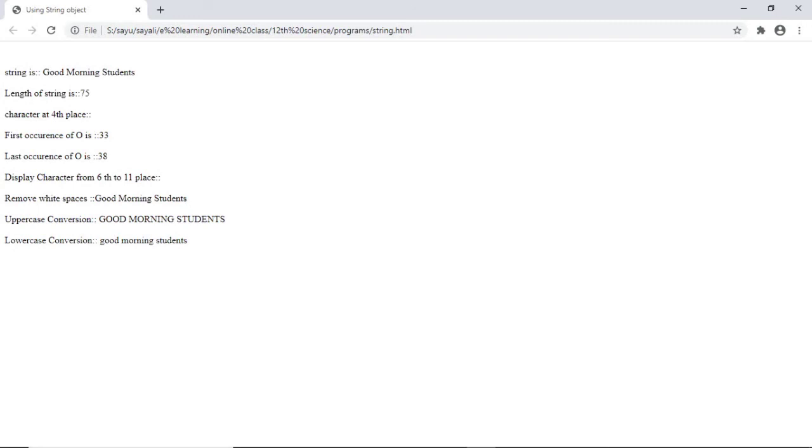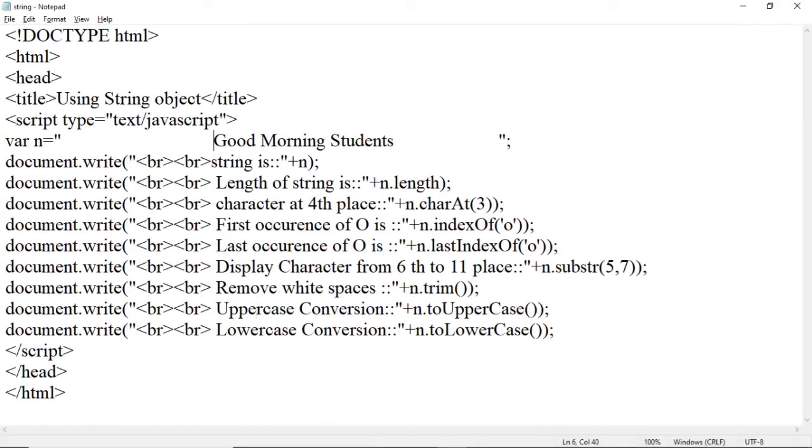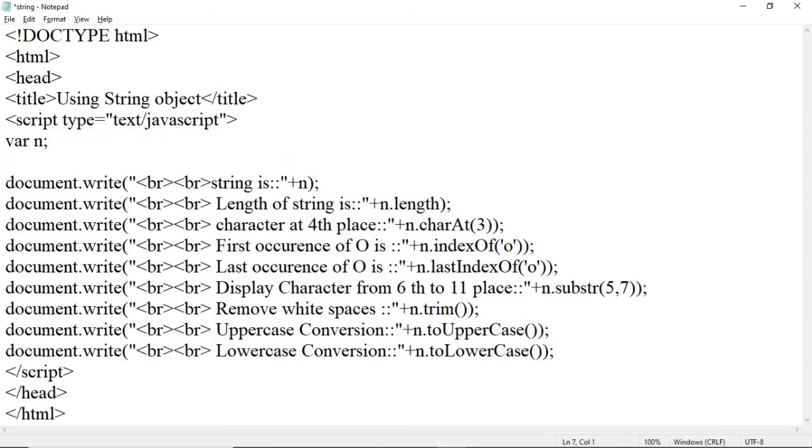Here within the program we have stored a string in some variable, but if you want to have a string from the user, you can also do so. How? For that, the string is to be accepted from the user. So I'm going to delete this code. After that, to accept a value from the user, we use a prompt.